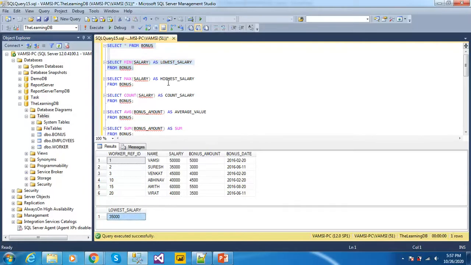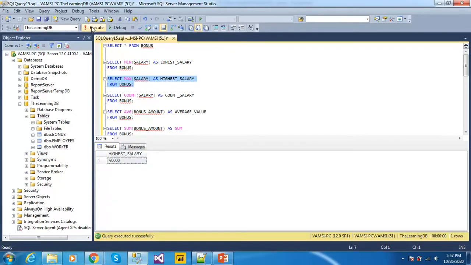Now let us see what is the maximum salary. I have SELECT the MAX of the salary column AS highest salary from the table bonus. Let us execute this query. The highest salary from the table bonus is 60,000.